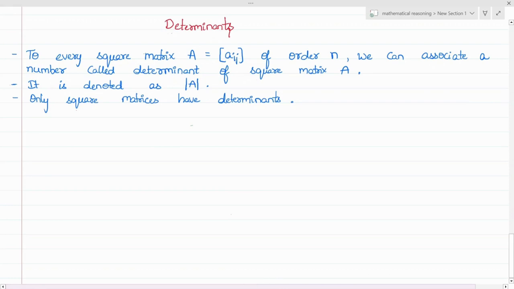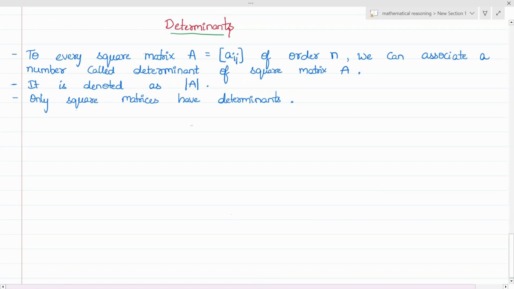Let's start with a new chapter called Determinants. Before getting into the definition, in the previous chapter we have studied matrices, right? In that, we have seen a concept in which we need to convert the system of algebraic equations in